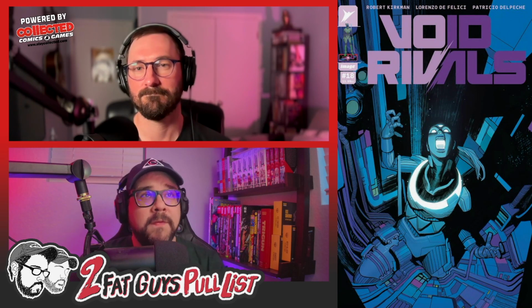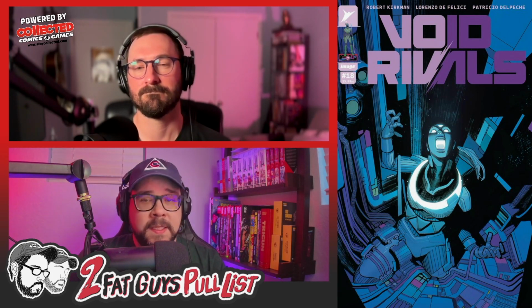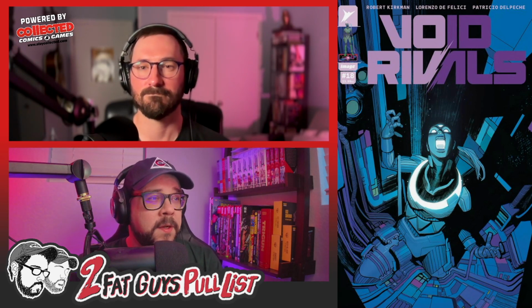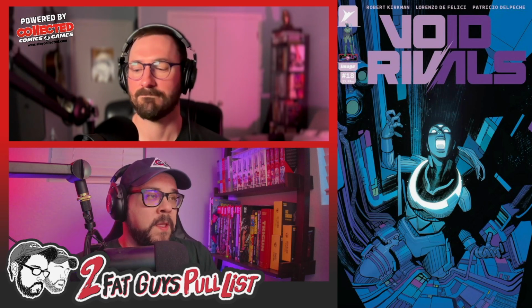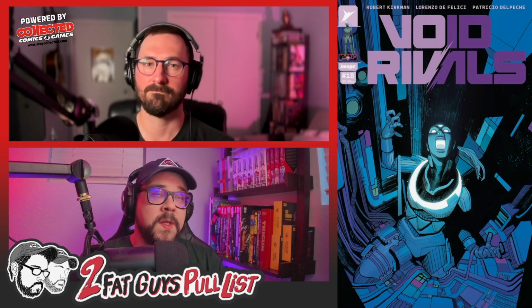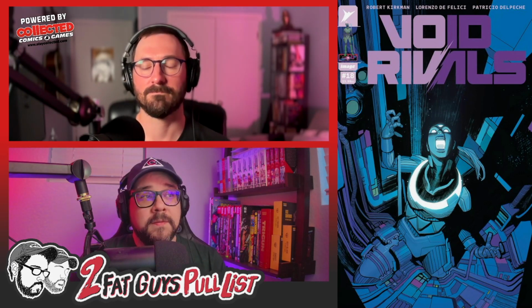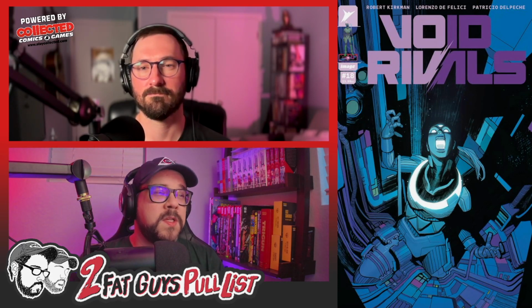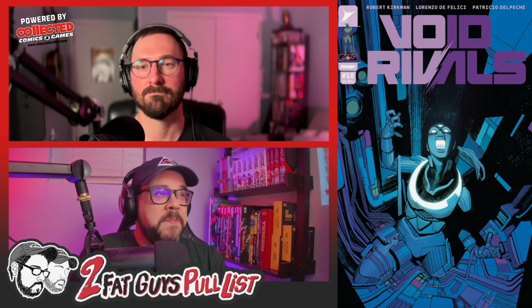After that, we have Void Rivals from Robert Kirkman. This book is doing a lot. This is the centerpiece, even though it feels more like Transformers is the centerpiece of the Energon universe. I mean, that kind of makes sense. But Void Rivals really is supposed to be the central hub of what Kirkman is doing with Transformers, Void Rivals, and G.I. Joe. And we've gotten all three story elements in Void Rivals. More so Transformers and G.I. Joe, even though we've started to get Cobra La kind of seeping into the